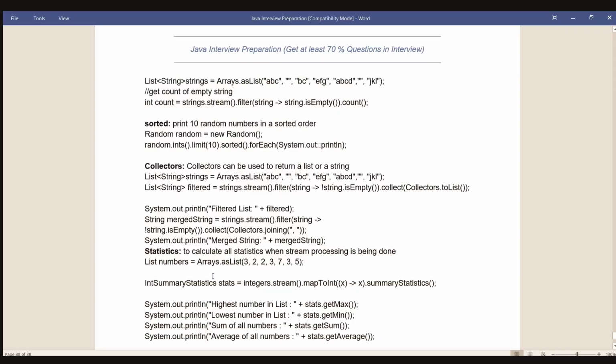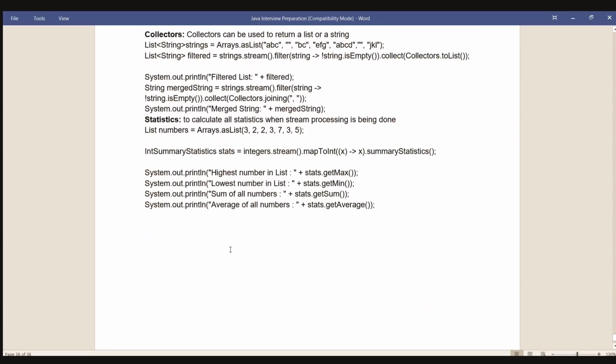List<Integer> numbers = Arrays.asList(3, 2, 2, 3, 7, 3, 5); IntSummaryStatistics stats = numbers.stream().mapToInt(x -> x).summaryStatistics(); System.out.println("Highest number in list: " + stats.getMax()); System.out.println("Lowest number in list: " + stats.getMin()); System.out.println("Sum of all numbers: " + stats.getSum()); System.out.println("Average of all numbers: " + stats.getAverage());